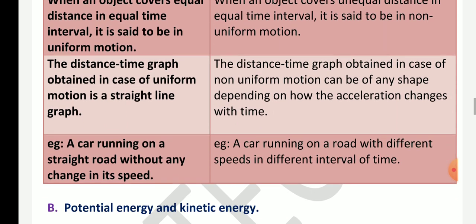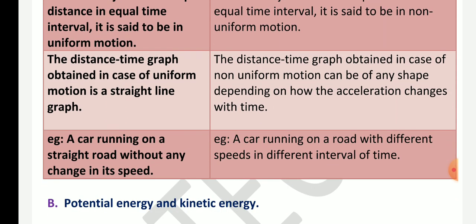The second point, the distance time graph obtained in case of uniform motion is always a straight line, and the distance time graph obtained in case of non-uniform motion can be of any shape depending on how the acceleration changes